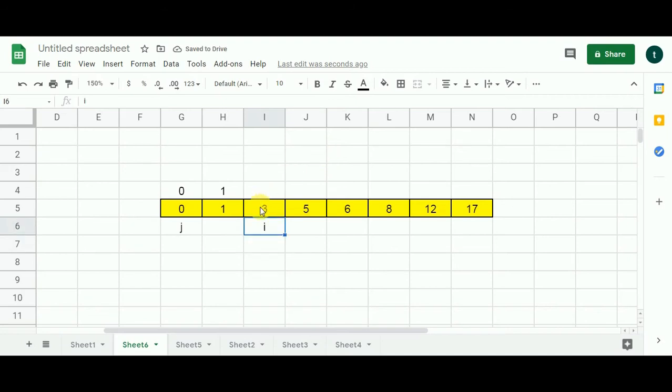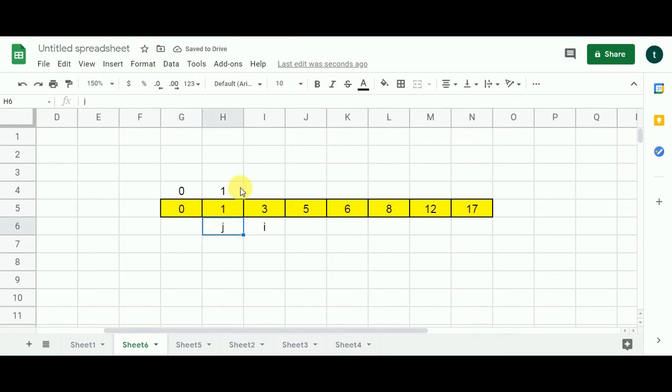Now our last jump, when j is here, the last jump was 0, and we already saw that the possibilities of the next jump were minus 1, 0 and 1. So 1 was the only genuine possibility, and if I add that 1 to this 0, I'm going to get here, I cannot get to 3. So this particular iteration is ruled out. So j will move 1 cell to the right.